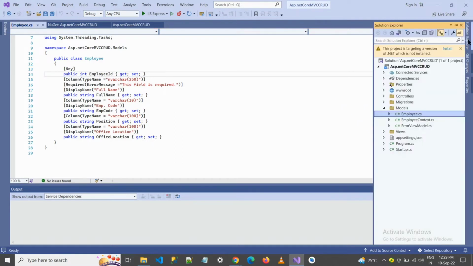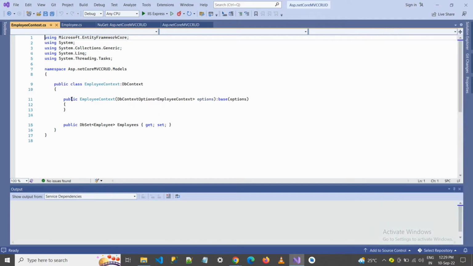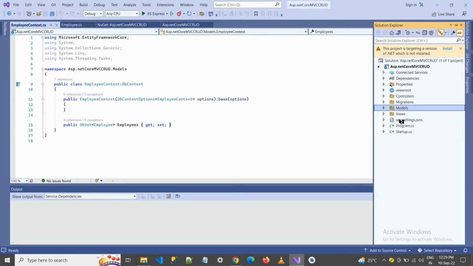Inject DbContext class with dependency injection. In order to interact with the database, we need an instance of the DbContext class. We can do that with dependency injection. For the class constructor parameter options, the following information is required. Database provider, whether it is SQL Server or MySQL or PostgreSQL etc. And the DB connection string. First of all, we will save the connection string in